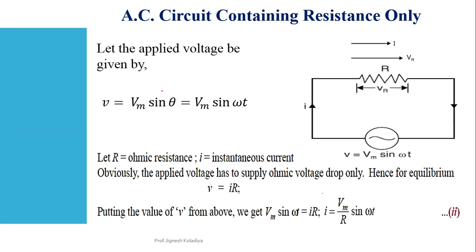So you can see the circuit diagram in which only one resistance is connected. So inductor and capacitor are absent. L and C both are not present. Only one resistance is connected, and I'm going to apply the alternating supply at the input, that is V is equal to Vm sine omega t. So when this alternating voltage is applied across pure resistance, then